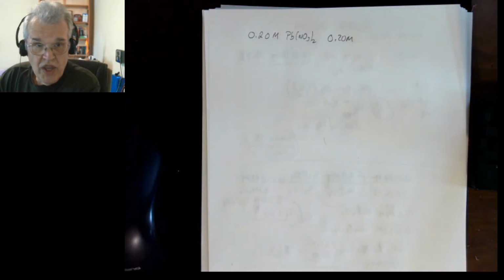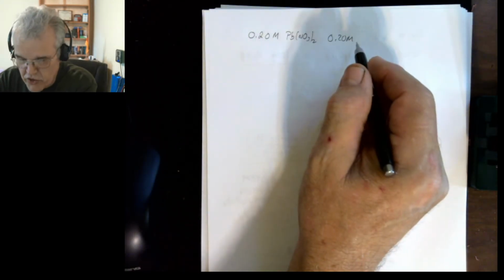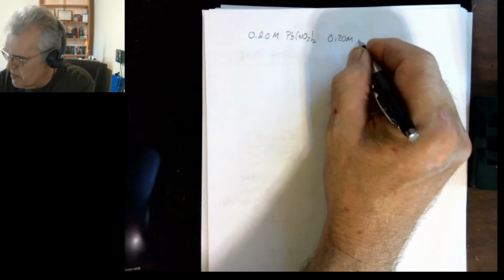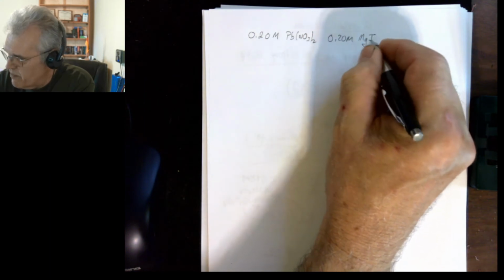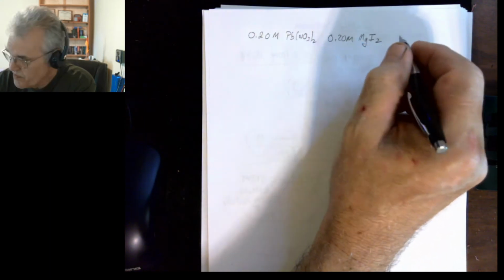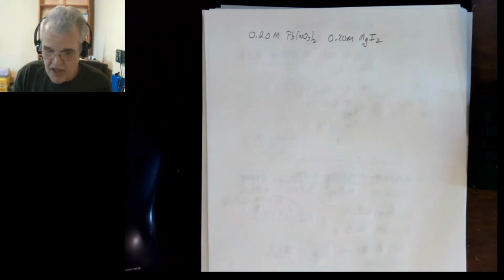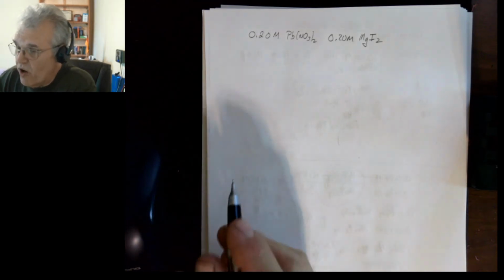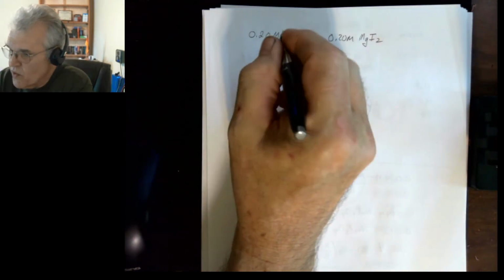This is the same way it's going to be on the calculations you're going to do. 0.2 molar is the molarity of the solutions that we're going to start with. And that's going to be magnesium iodide, that's MgI2. Okay? And these are both in solution, and the two solutions are mixed. So now we're going to mix the two solutions, and we're going to use our ultimate equation for